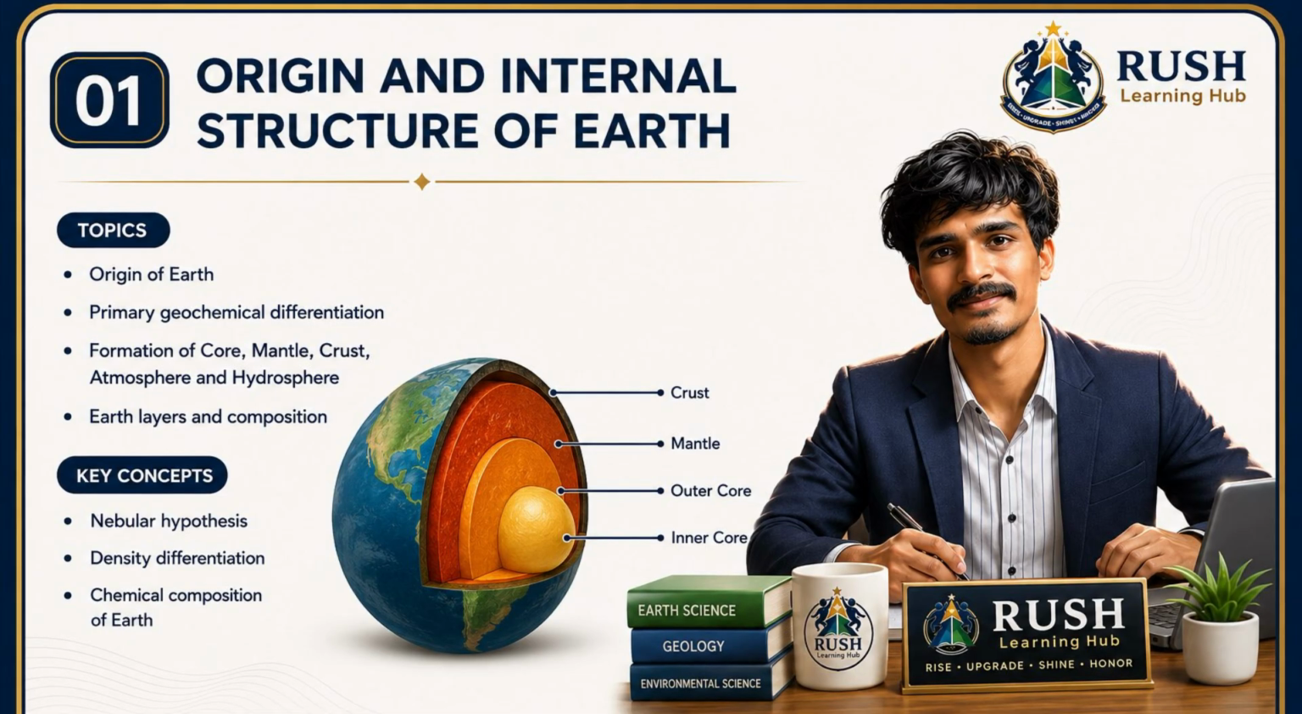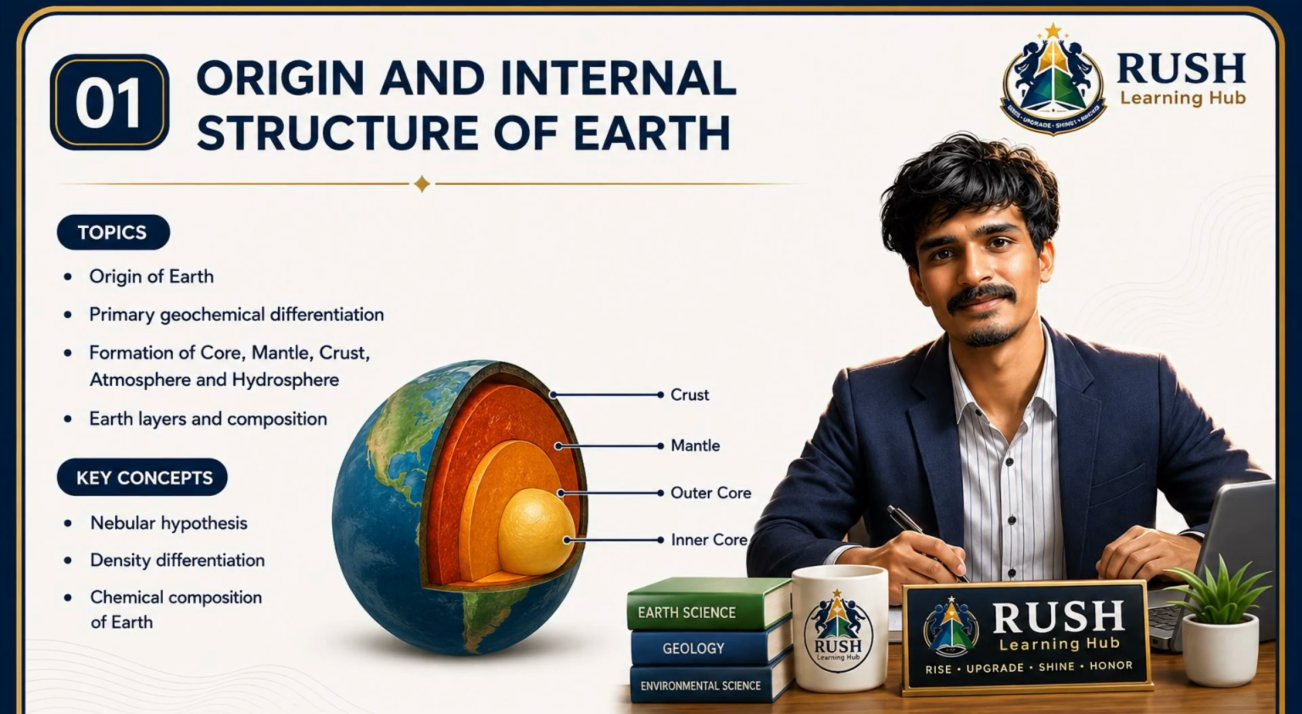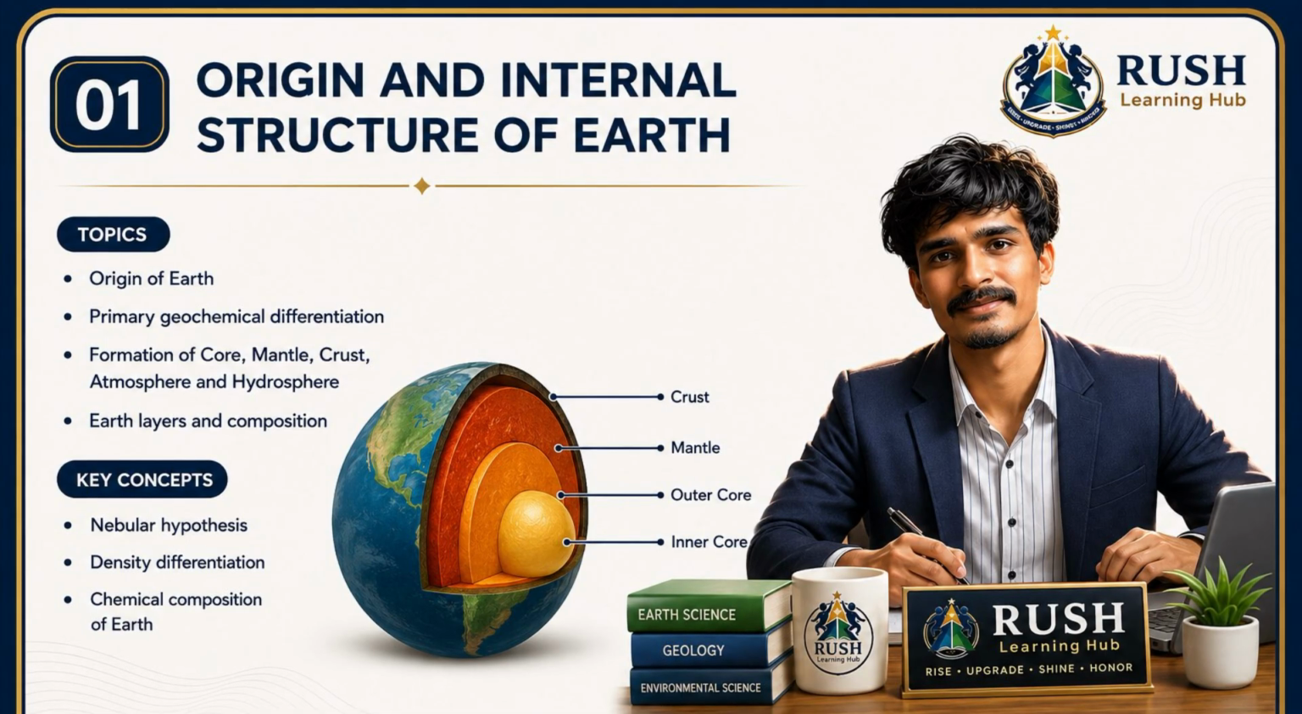The core forms the innermost part of the Earth and is mainly composed of iron and nickel. Surrounding the core is the mantle, which consists of silicate minerals rich in magnesium and iron. The outermost solid layer is the crust, which forms continents and ocean floors. The atmosphere developed through volcanic outgassing, while the hydrosphere was formed by the condensation of water vapor as the Earth